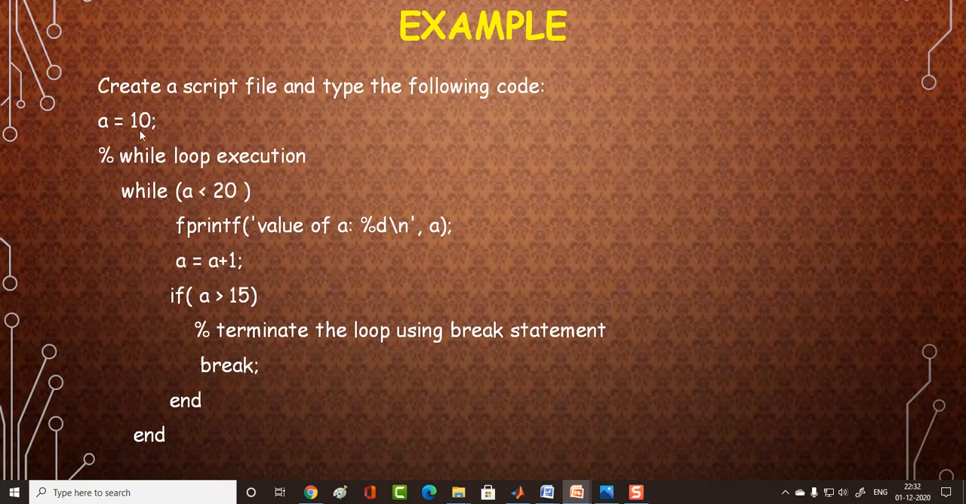Then we are starting from 10, checking whether it is less than 20 or not. Whenever it is less than 20, it executes the while loop, so we are entering into the while loop. Now we give the increment a equals a plus 1, that is 11, then check this condition: a is greater than 15? Not yet. So it does not execute the break, and the loop repeats: a equals 11, again 12, 13,